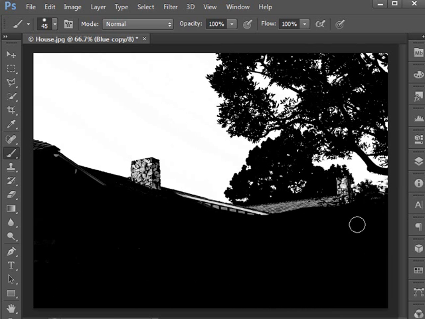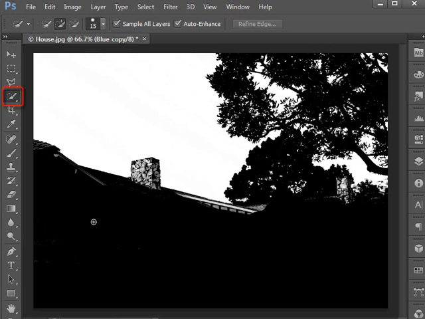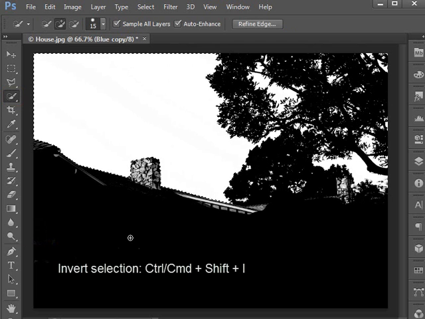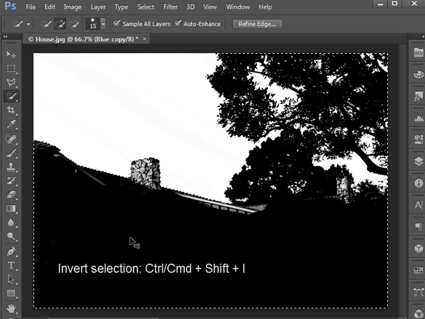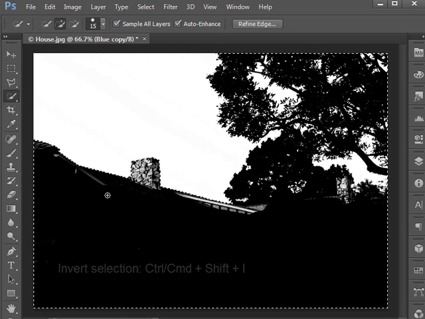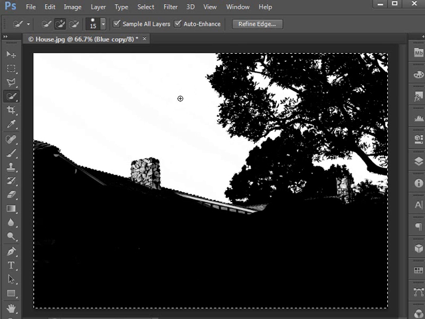Now, as I get towards the roof line, things are going to get a little bit tricky. Here's how I'll take care of that. I'll go to my quick selection tool, and I'll select this portion of the sky like that. And then I will invert my selection. Control or Command Shift I to invert the selection so that now everything but this white part of the sky